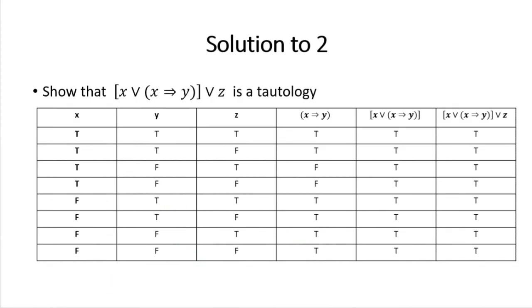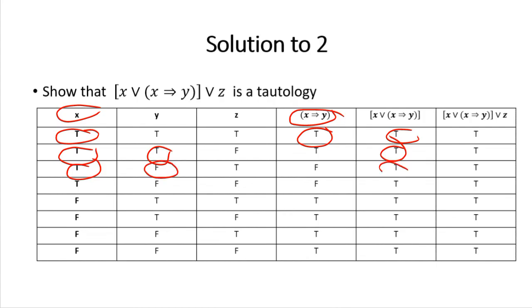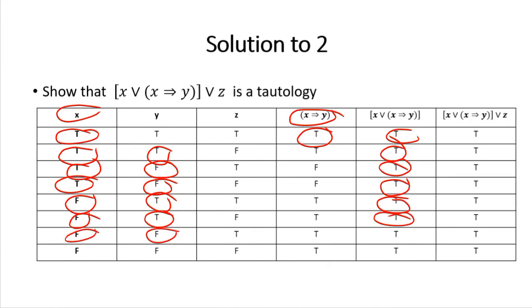We need x or x implies y. So this is x implies y, and this is x here. Working with that, this is true, or, and this is true, means definitely true. Both of them are true. T or t, definitely true. T or false, because it's an or, it is true. T or false, definitely true, because one of them is true. False or true again, one of them is true, it is true. False or true, it is true. False or false, both